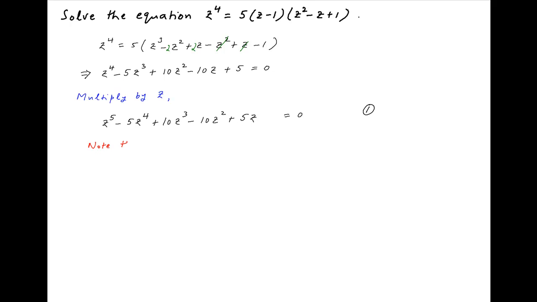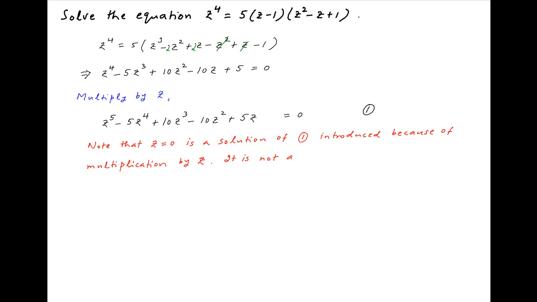Now note that z is equal to 0 is a solution of equation 1, introduced because of the multiplication by z earlier. However, z is equal to 0 is clearly not a solution of the original equation. Keeping this in mind, we go back to equation 1,